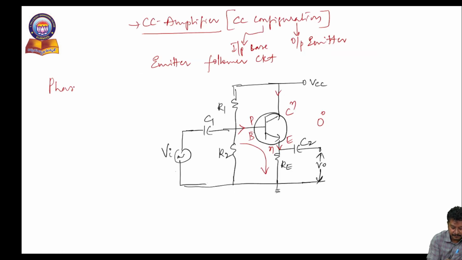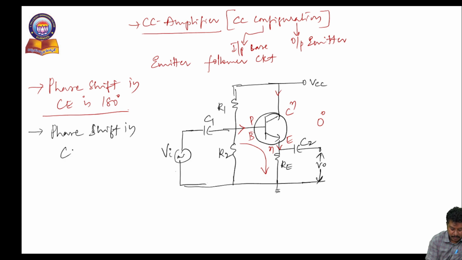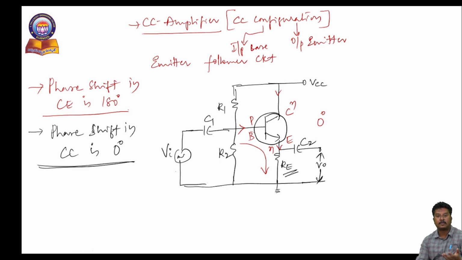Phase shift in common emitter is 180 degrees. Whereas in the second case, phase shift in common collector is 0 degrees. Why? Because the emitter current and base current both are in phase. That is the reason. Now we have to convert this circuit into the AC equivalent model. We apply the same procedure as we know that